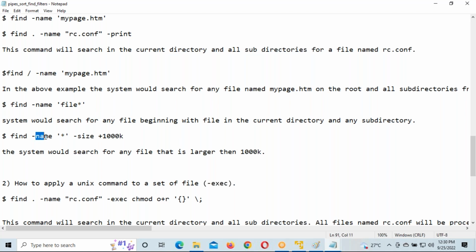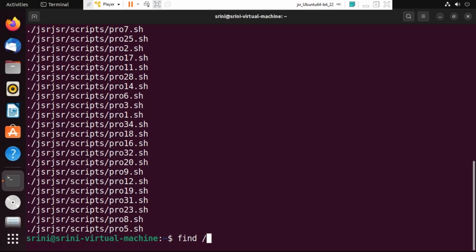So hyphen name is the name option. I gave star. Star means what? All the files. Search all the files that are more than 1000 KB size. Where to search? In the current working directory. If you give slash, you see